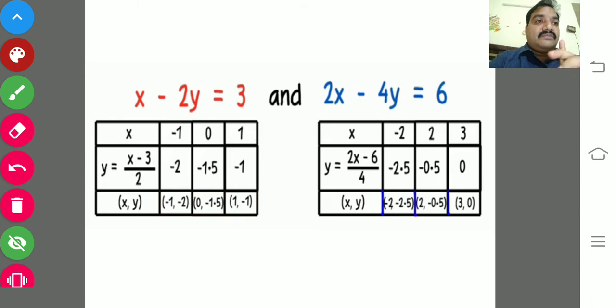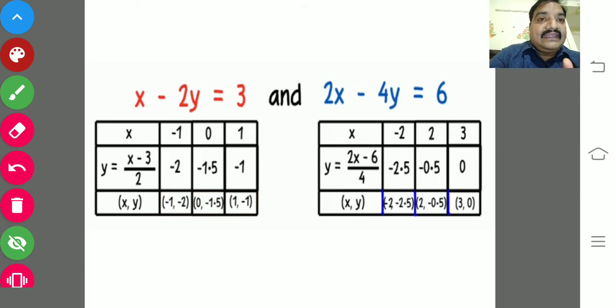This calculation must be done very attentively. That is very, very important, because if you go wrong, the total graph values will become wrong. That's what, my dear children, I would like to tell. While you are doing this calculation, keep it in your mind and pay attention, please. You should be attentive.